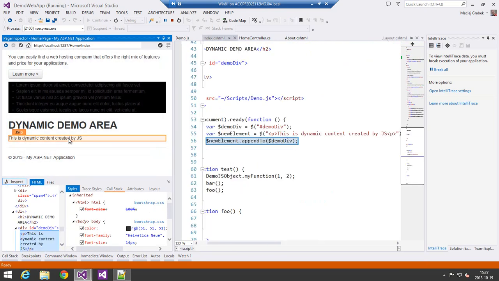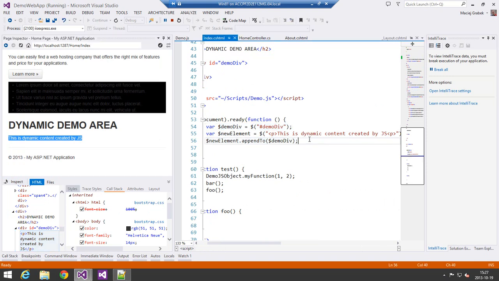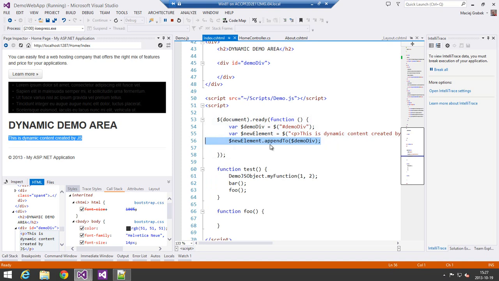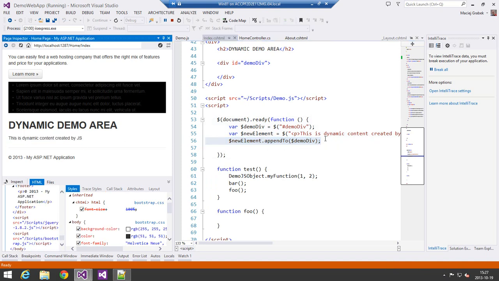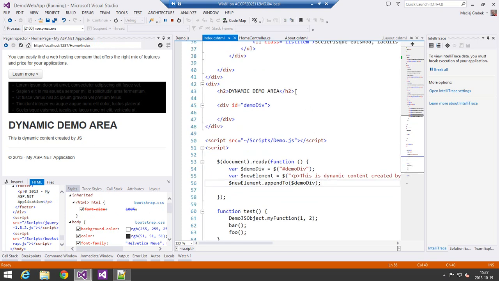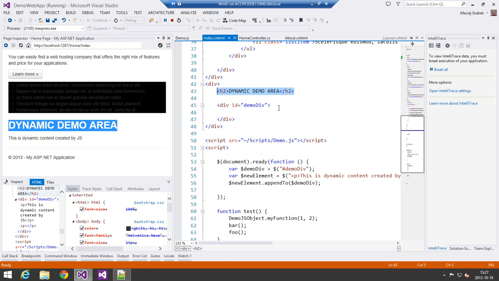Taking part from page inspector, it selects for us some code in the source code, but it will not work when we select some JavaScript code, and this part won't be highlighted in our page inspector, which is quite obvious for us. Of course, the rest is working exactly the same, so I can select part of my source code and see what part on the web page is responsible for rendering this part of the HTML code. There is one more thing about